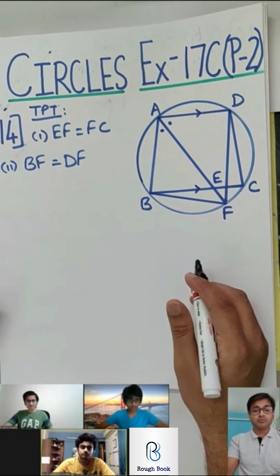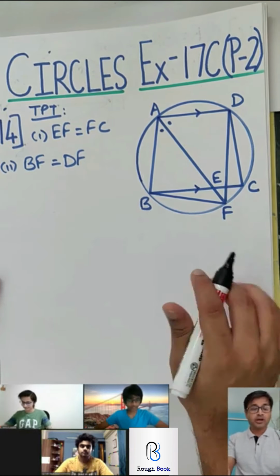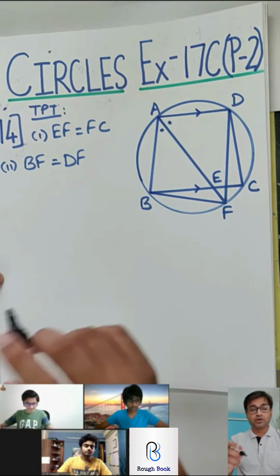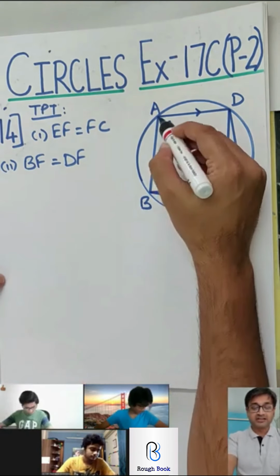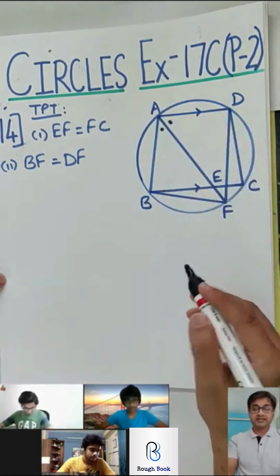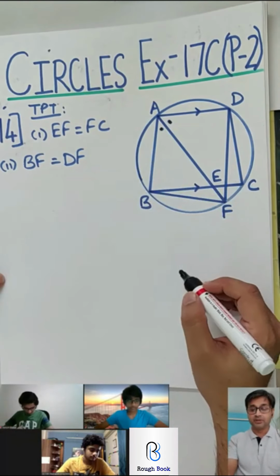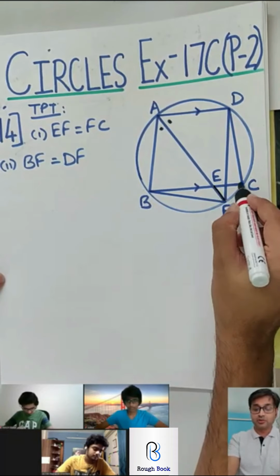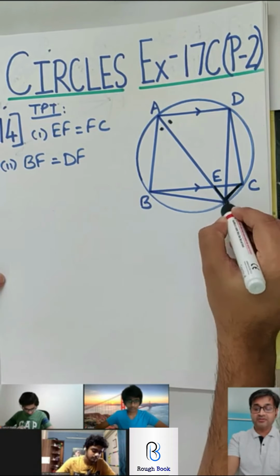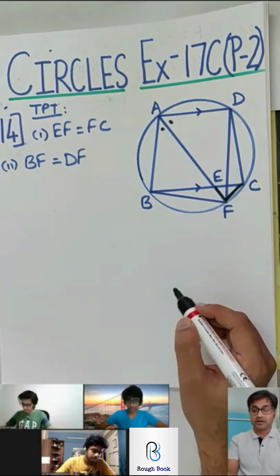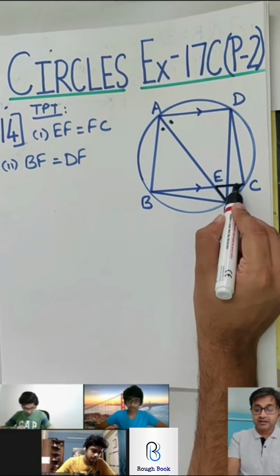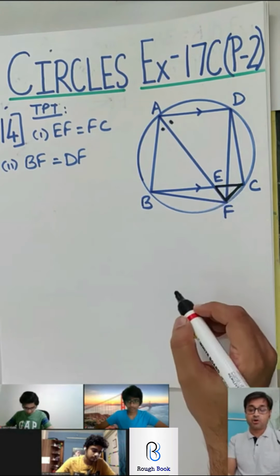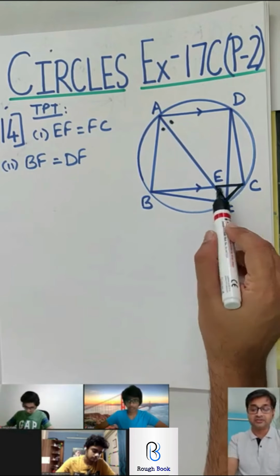So we are starting with sum number 14. When you look at question number 14 in your book, you will find there is an angle bisector given, that is AF, which is bisecting angle BAD. Your target is to prove that EF is equal to FC. Now EF and FC are right at the bottom, the two parts, and if you connect it with EC, it becomes a small tiny triangle over there, EFC.